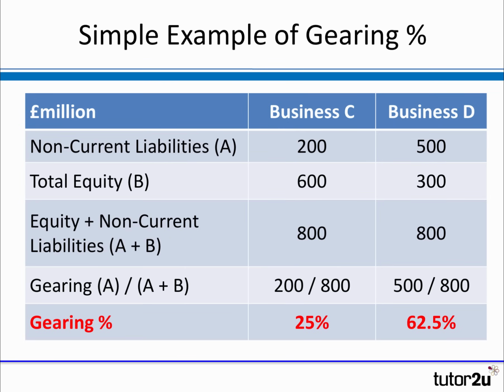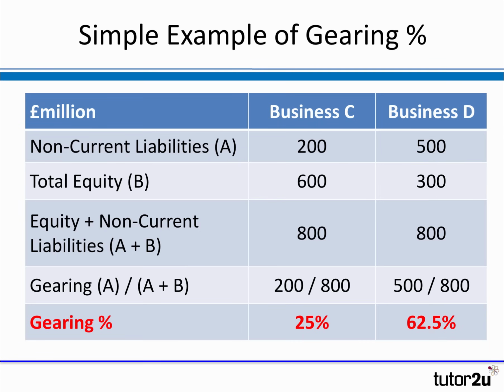So let's have a look at a simple example of the gearing percentage in action. Again, two different businesses, with a nice summary of some information from the balance sheet that will enable us to use that formula. Business C has non-current liabilities, which I've marked as A, of £200,000, and total equity of £600,000. If you add the two together, that's a total capital in the business, A plus B, of £800,000. Therefore, the gearing percentage is 200 divided by the total equity plus non-current liabilities of £800,000,